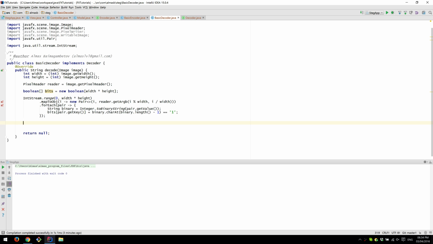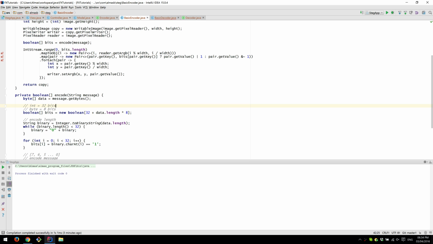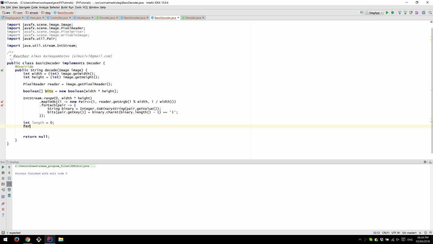Now we need to read the length of the message in order to be able to read the message itself. So I'm going to create another variable, length. We know the length is going to be 32 bits because we ourselves encoded it as 32 bits. And if you remember, an integer is 32 bits in Java. So for i, 32, if bits i, so this is essentially checking if the bit at that position is true, is 1. Then length